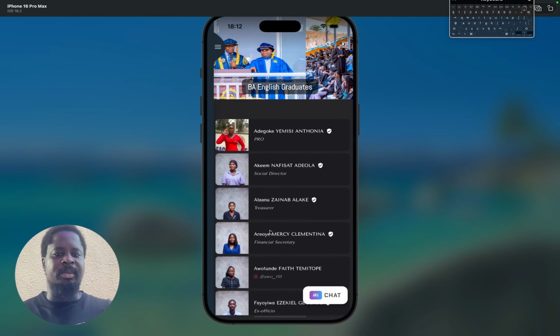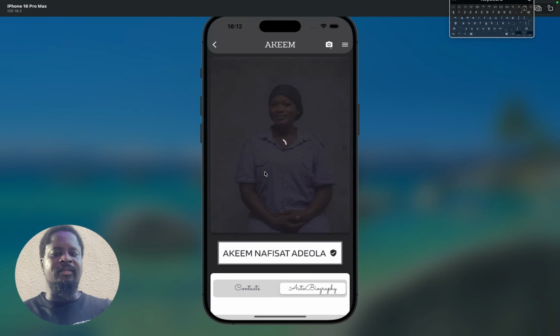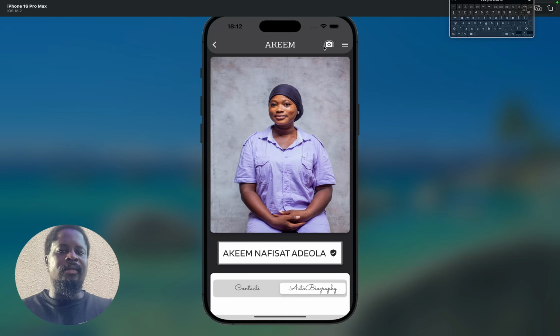So, when I click on my particular department, I go to my profile and I click on Akim Nafisat for this example. And if you look at the top right part, you see an icon, a camera icon. All you have to do is click on that, and when you do, there'll be a bottom sheet that's going